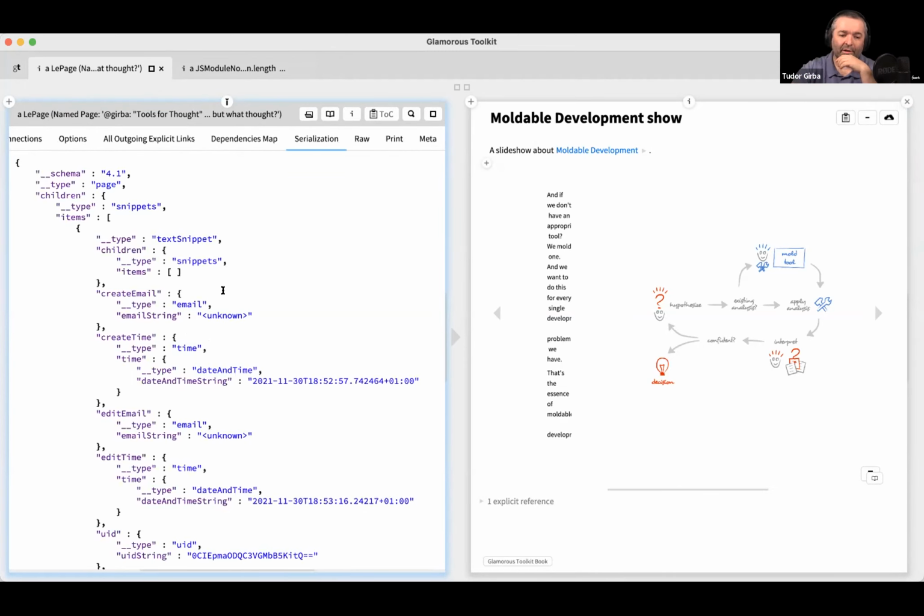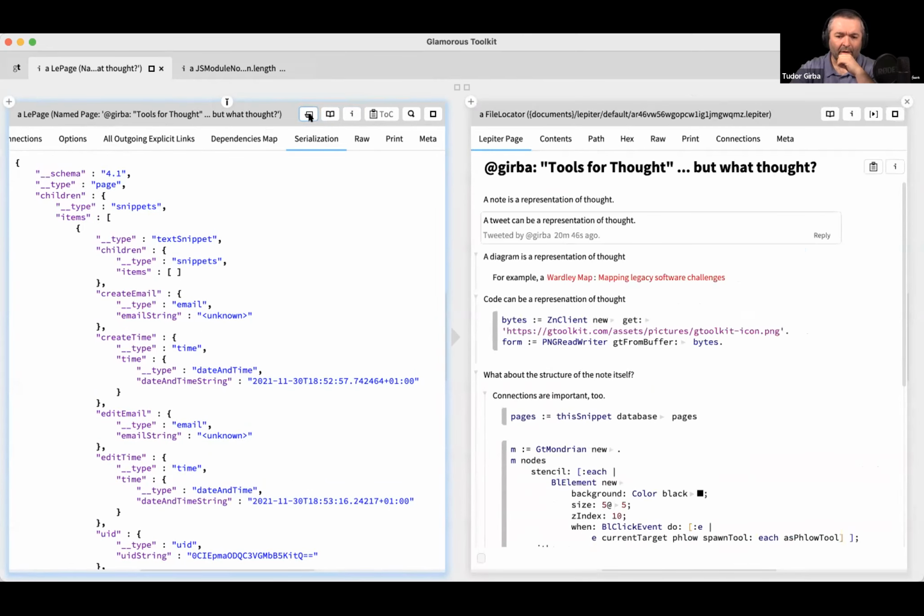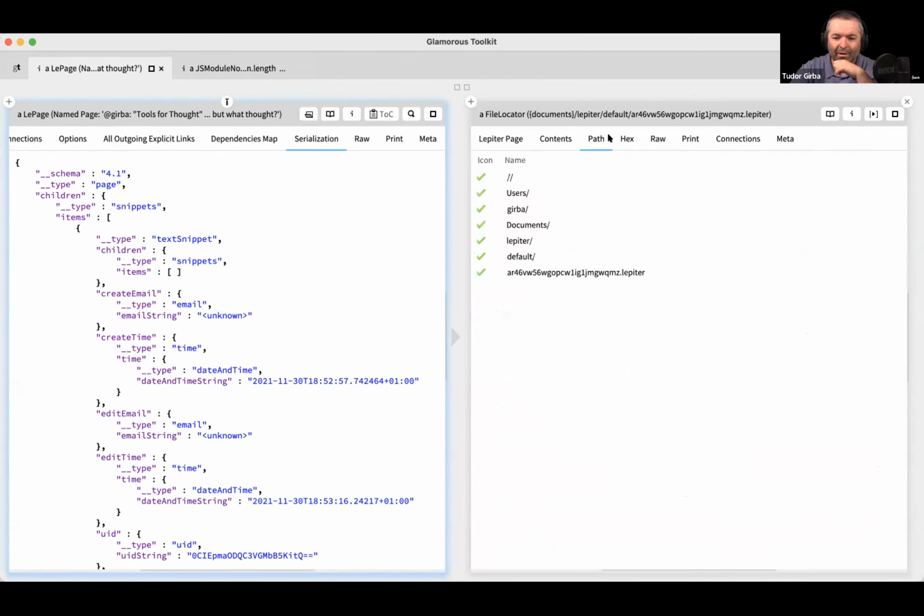Serialization is an interesting presentation of this object, and all of a sudden it tells you this is where it is. But if you want to find out where exactly it is, we click on this one, and it tells us this is the file locator at exactly this place in time. So you came up with the question, and I'm just answering that question without leaving or doing anything else. It's right there.